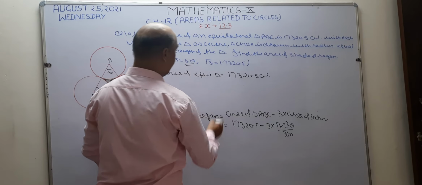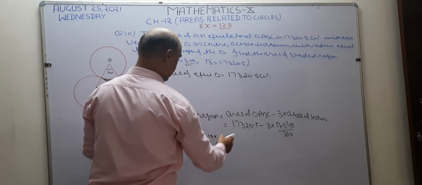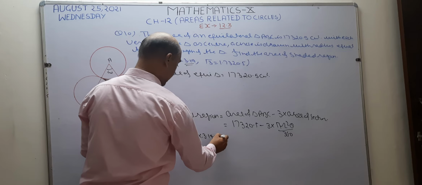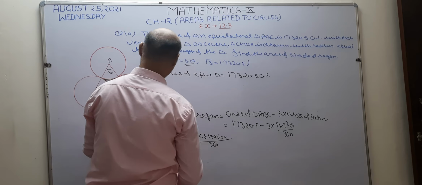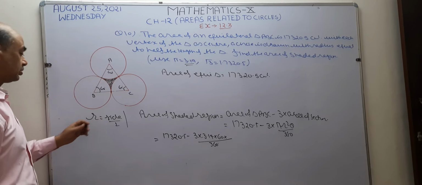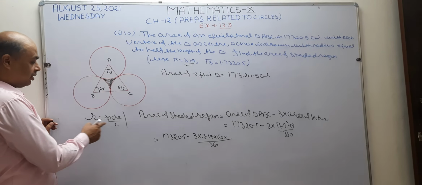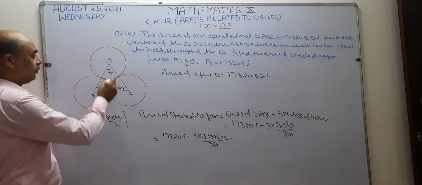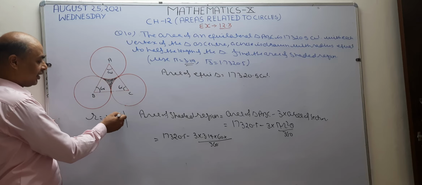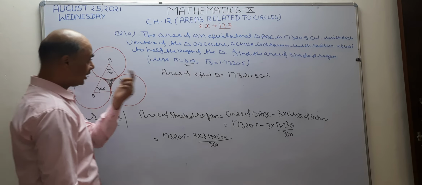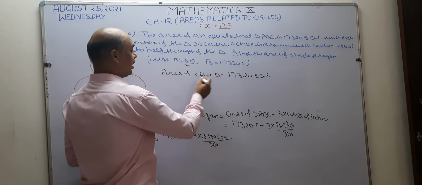After that, r radius is not given. So use theta. Theta is given 60 degree. So I write 60 degree. So value of r is not there. First we are going to find the value of this radius. How do you find the value of radius? First we are going to find the side, because we know that half of the side is radius. So in this question we are going to find the value of side. Okay. Now this area is given. How do you find the area of equilateral triangle?